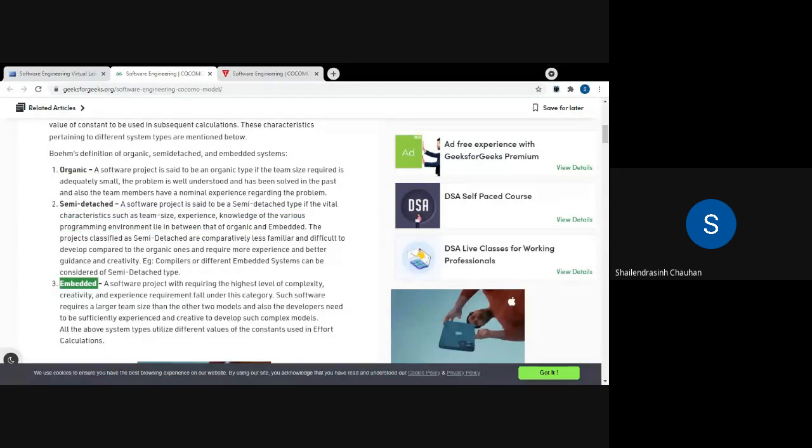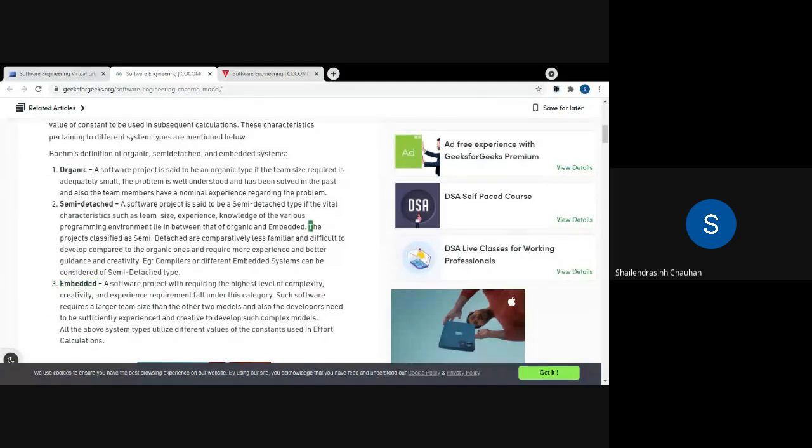Right? So experience in your team, understanding of different modules, and size, all these things are in between organic and embedded. Then you can categorize it as semi-detached.